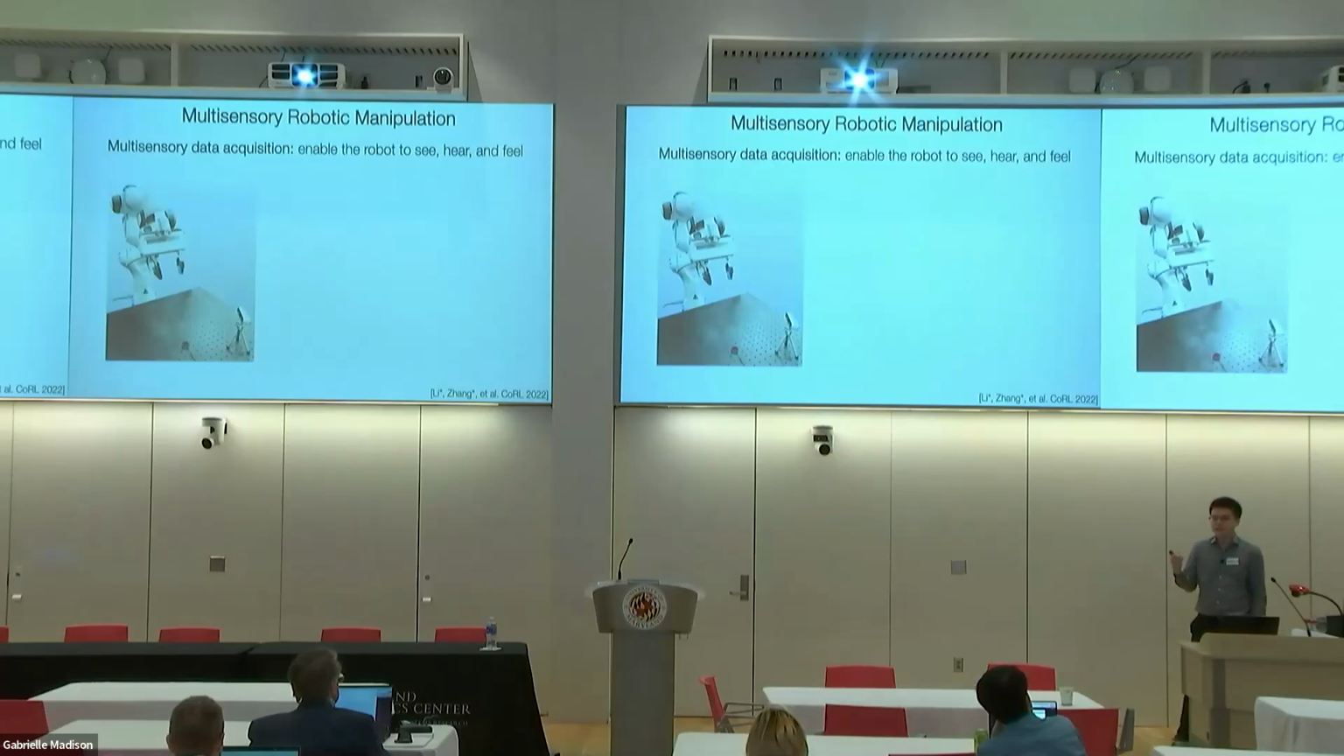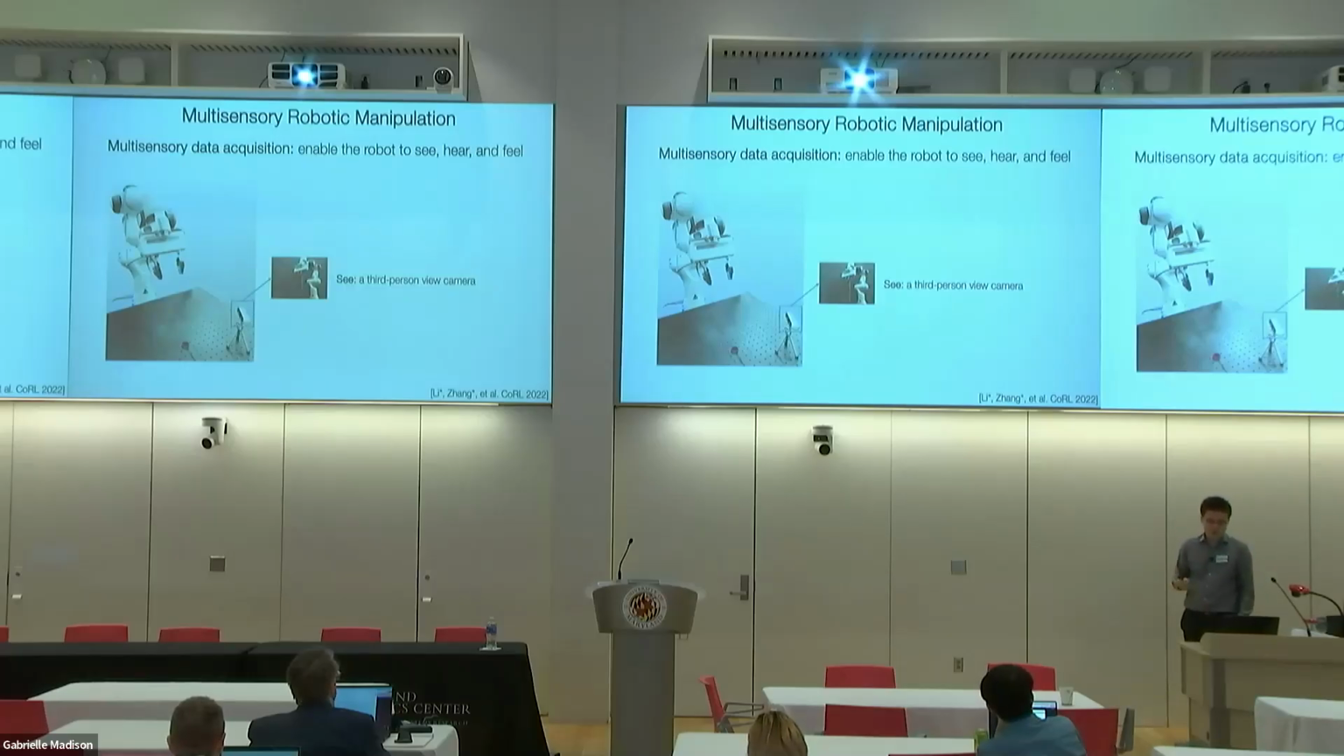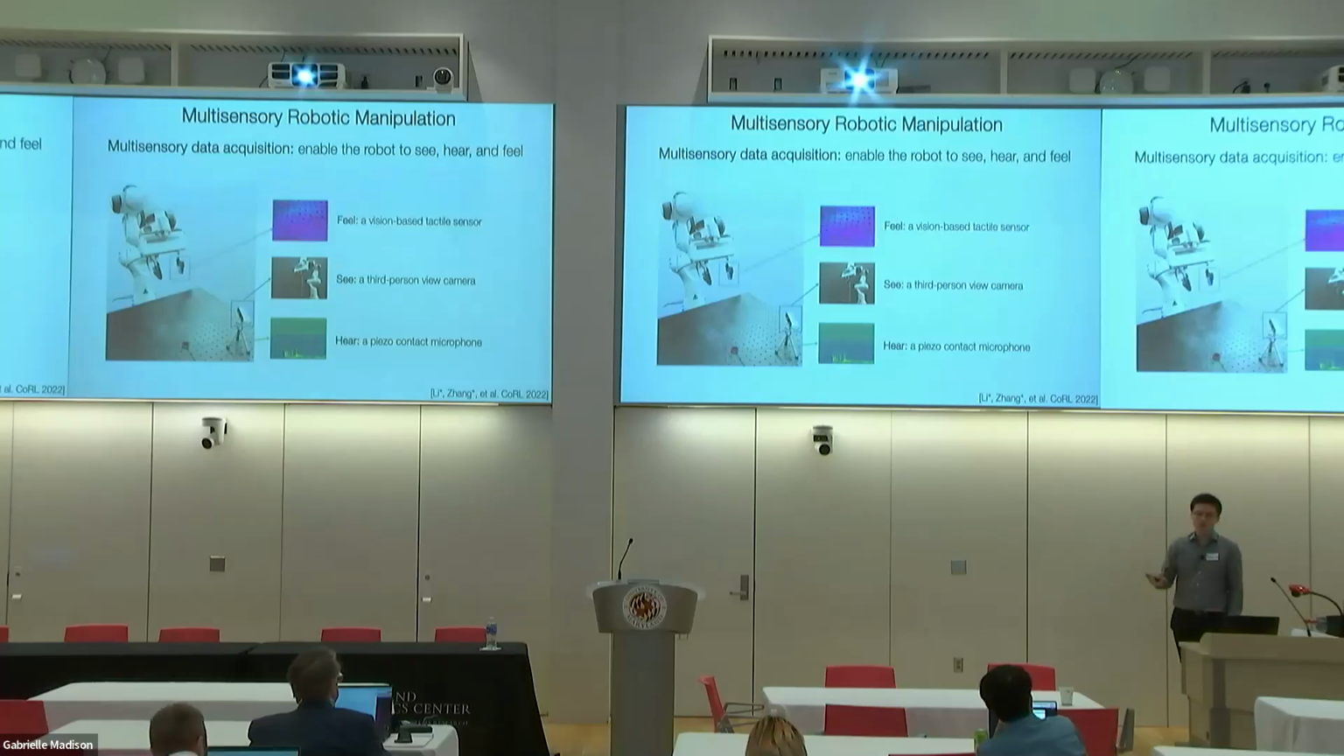So here we perform an in-depth study to explore how multisensory object feedback can be useful in challenging real-world manipulation tasks. We equip this Franka robot arm with 3 different sensors to enable it to see, to hear, and to feel. In order to make it see, we equip it with a third-person view camera. And in order to enable it to hear, we have a contact microphone to receive acoustic signals through interaction. And we also have a GelSight sensor on the fingertips of the gripper